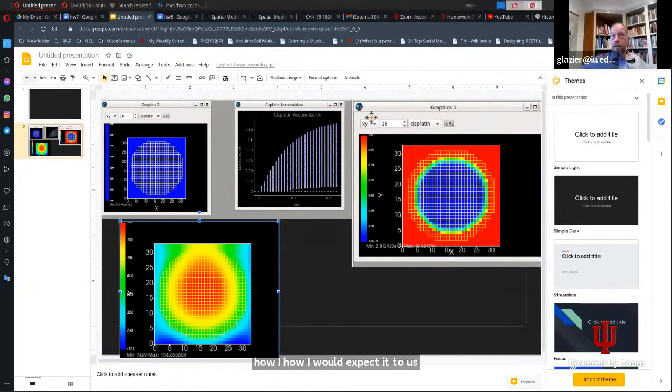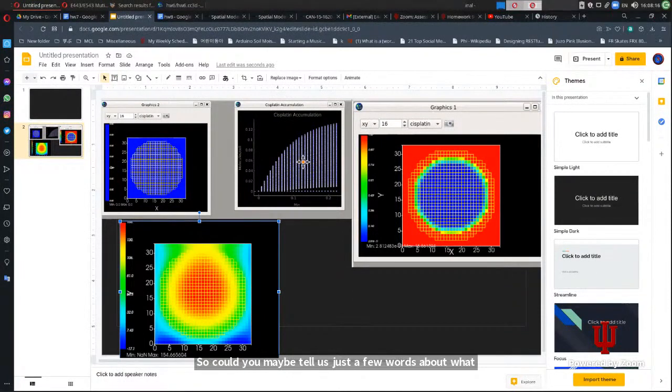Also, could you maybe tell us just a few words about what we're seeing on the screen? Okay. So I've got this drug here, for example, that's being secreted by the medium cells. I don't want it to be continuously secreting here, I don't think, but I've got it. It's coming from the medium and seeing how far it gets into this big blob of cells here, which is